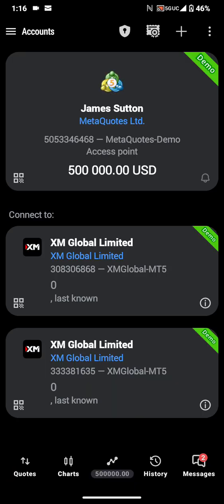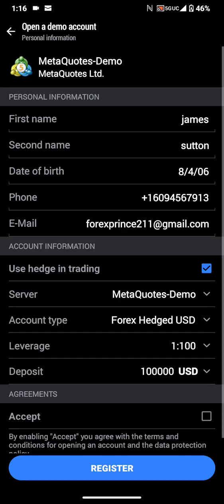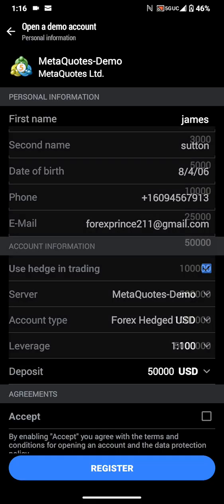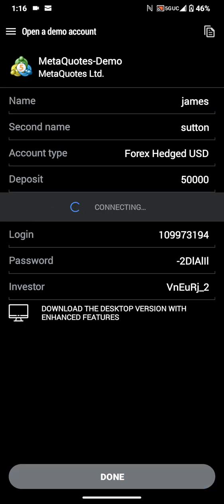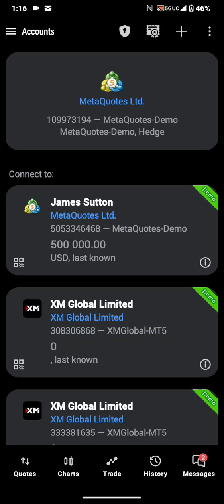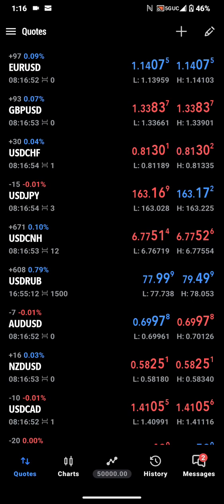All right, well, it's at 500,000. Sheesh. Let me do that again. Set it all up. Open demo account. I want to make sure that we are looking at a 50K account. Hit accept, register, done, and it should change over to a 50K account. So you want to hit quotes down at the bottom left hand corner. You want to hit the pencil in the right hand corner if you can,